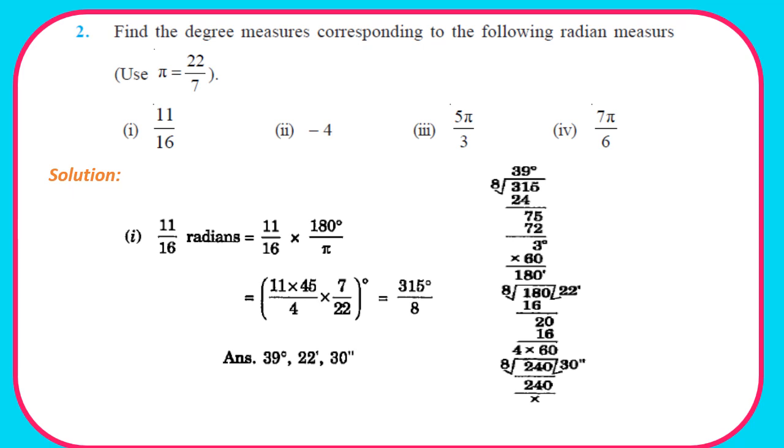So dividing 315 upon 8 we get 39 degree. Okay, but we have some quotient left. Clear? So again we have to divide that. 180 divided by 8, we will get 22. That 22 is our minute. And again we have the remaining 240. Again we have to divide by 8 to get the seconds. You can see the calculations here. Okay, so we have to calculate the fraction. We cannot leave this in the fraction. We have to convert into degree, then the remaining degree into minute, and then the remaining minutes into seconds. So 11 upon 16 radians is equal to 39 degree, 22 minutes and 30 seconds. Clear? So pause and note down the solution.